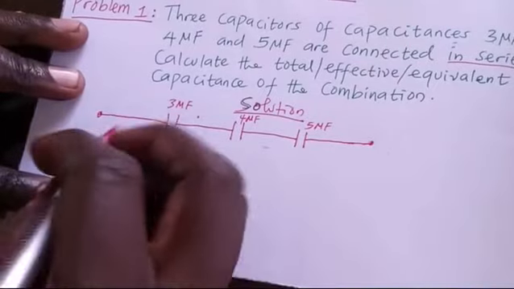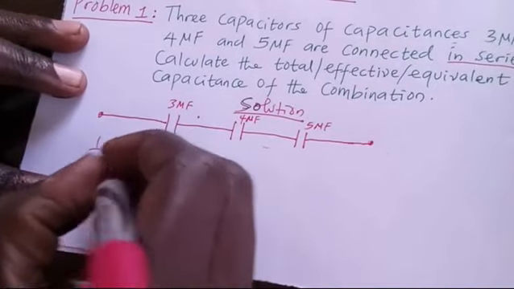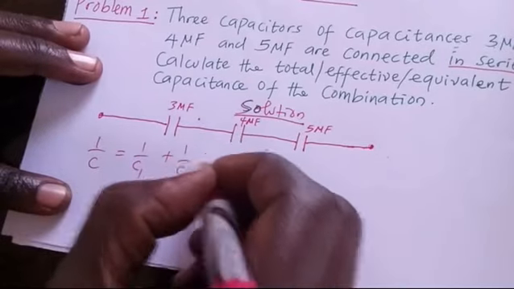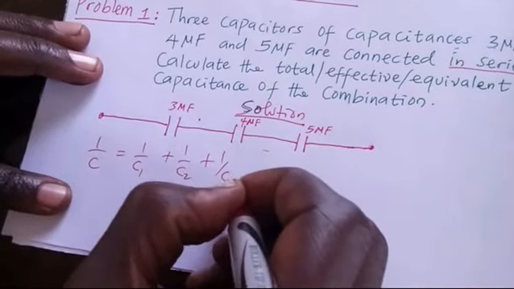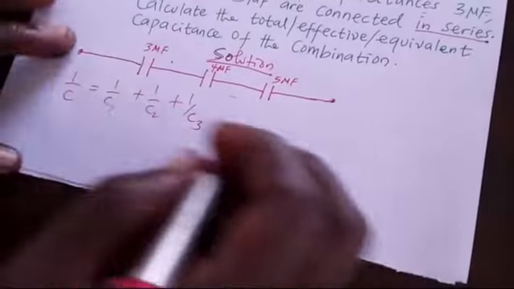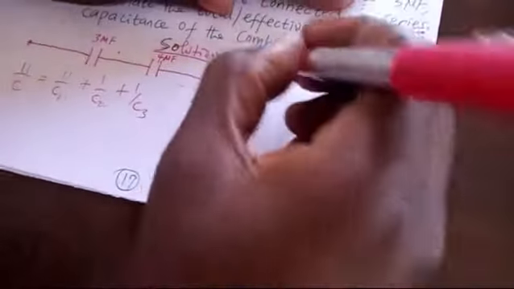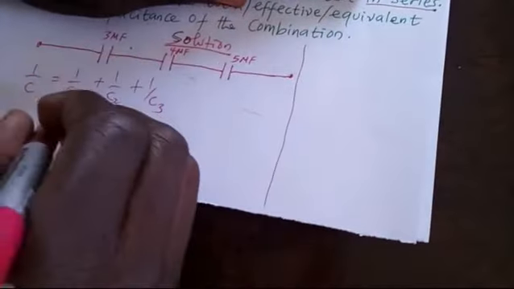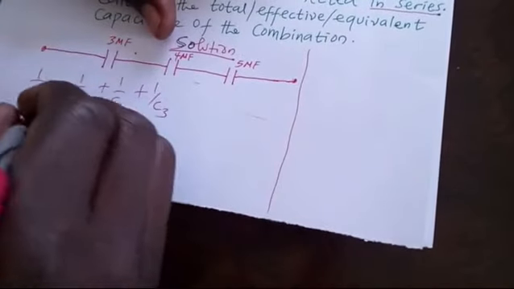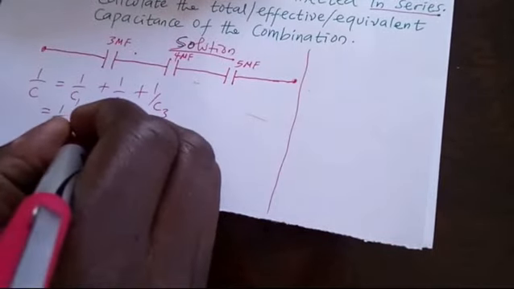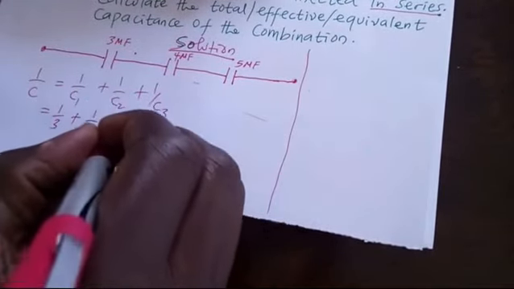So we will now say 1 upon C is equal to 1 upon C1 plus 1 upon C2 plus 1 upon C3. Now this is equal to,